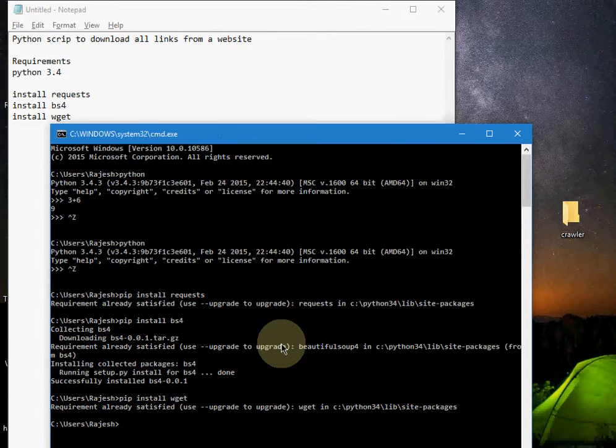So basically, the requests package mainly handles the connection to the internet, meaning we are going to get a website using a Python script. For that, we need to create a request, and this request package, which is a built-in package in Python, we are using it to create a get request to a particular website and get the data. And then we are using bs4. What is bs4? bs4 is again another package of Python which is used for getting the source code of the